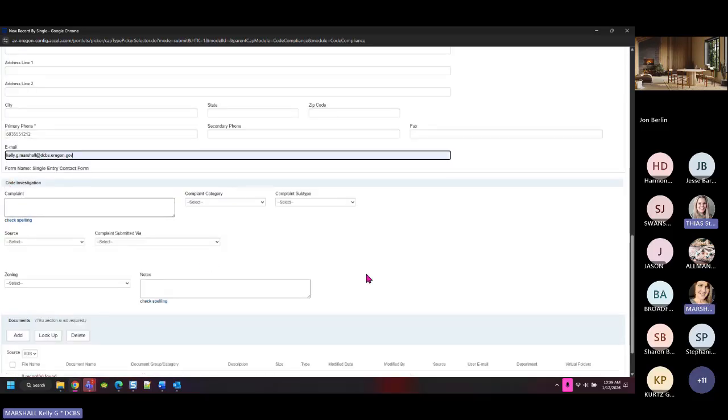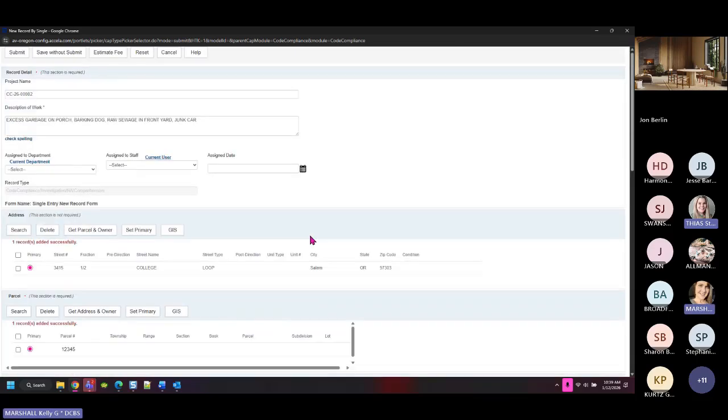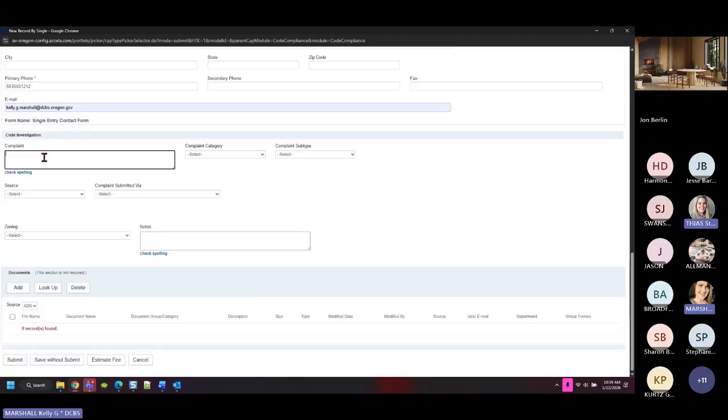Complaint. Look how short the form is. We call this the custom fields, or essentially the code specific information. Everything from here up is the who, what, where, why, when kind of stuff. But everything in this section is specific to this record type. So the complaint, and you might go, well, wait a minute, we wrote that right up here. And you did. So bear with me for some conversation on this. You're right. I could highlight that and just do a Control-C to copy it, and I could just paste it in here. Or